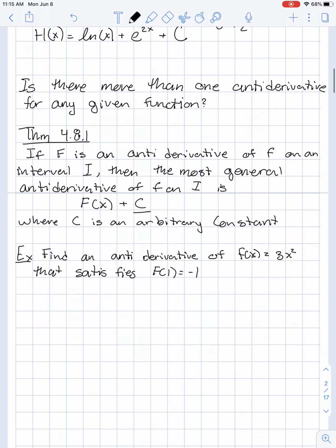If I don't give you a way to find this plus c and I ask for an antiderivative, I need that plus c or your answer is wrong. Okay? So find an antiderivative. Let's do an example. Find an antiderivative of f of x equal to 3x squared that satisfies f of 1 equal to negative 1. So this is called